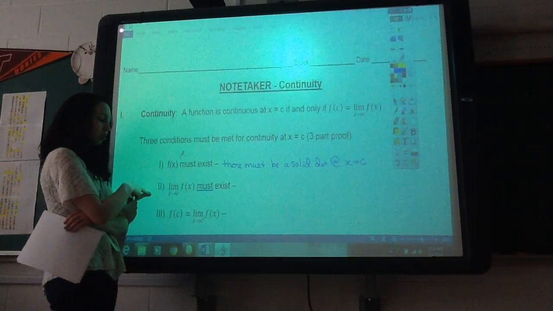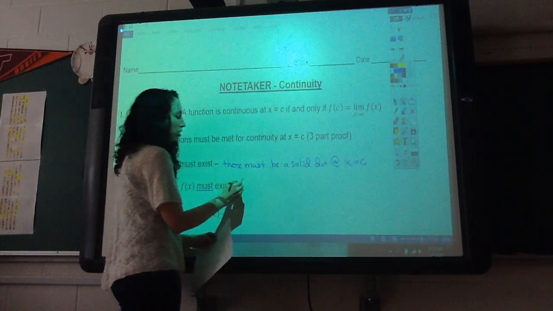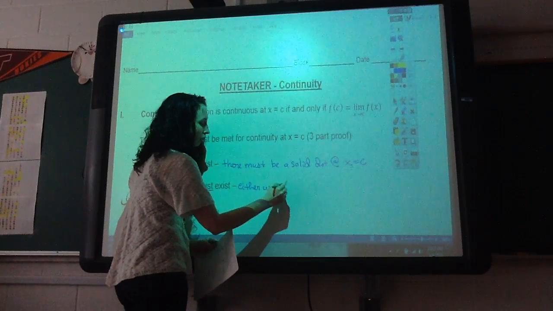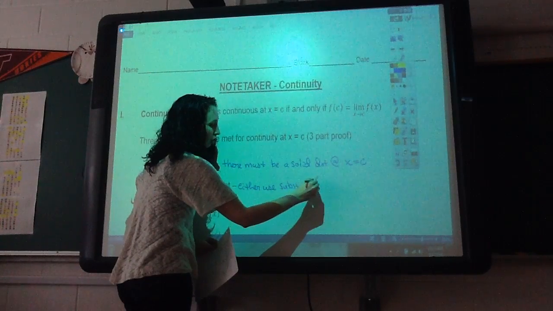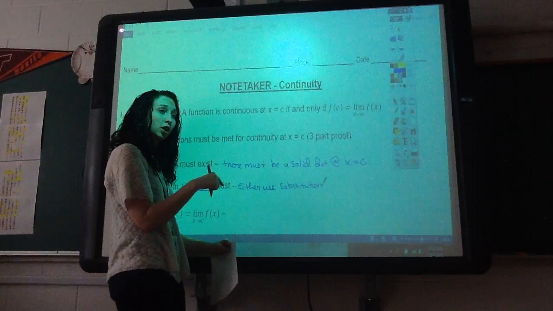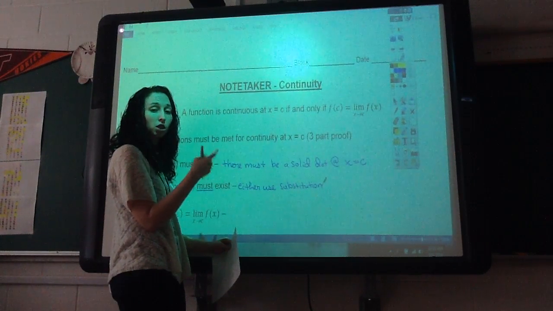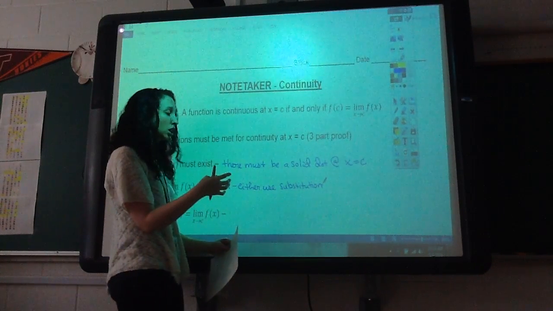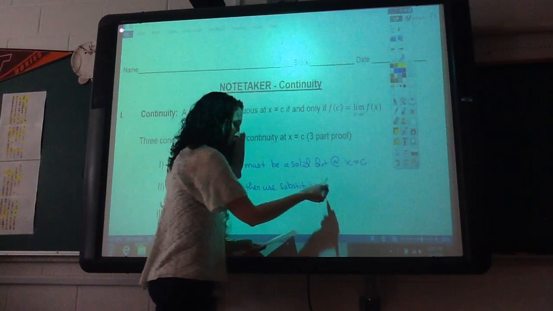The second thing we do is prove that the limit exists. So we're going to either use substitution, and by substitution, I mean the stuff we did the very first day, where you're just plugging in the c value and seeing if it works, and if you get a 0 over 0, you factor, simplify, do something to get it to be where you need it to be. So you're going to either use substitution, or